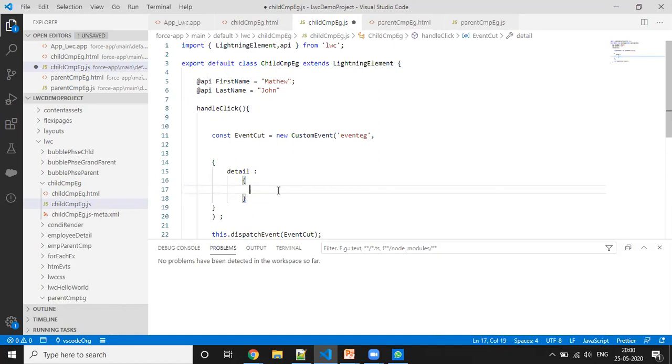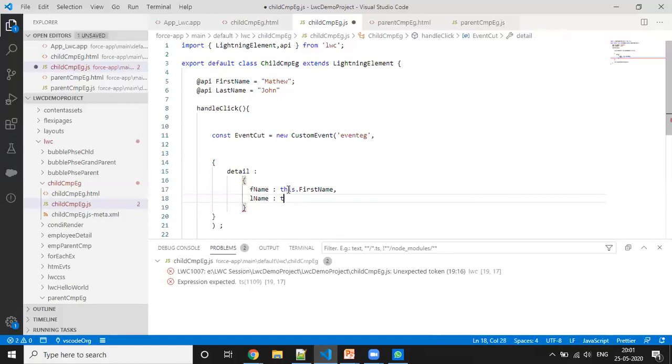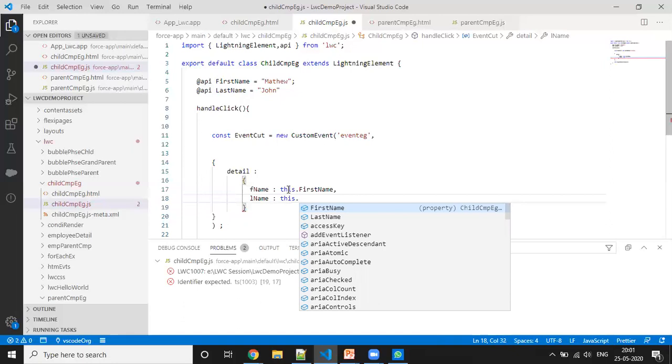For example, I'm going to create some values, like for first name, I'm accessing this dot first name, and then for last name, this dot last name.